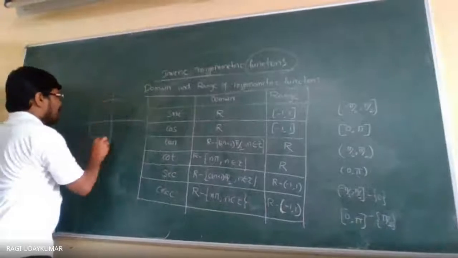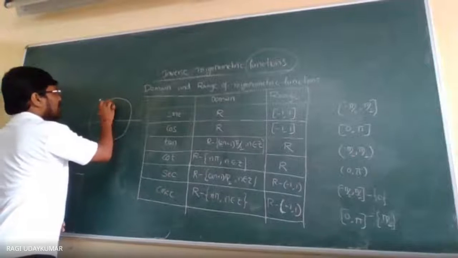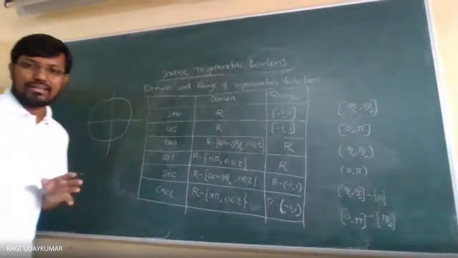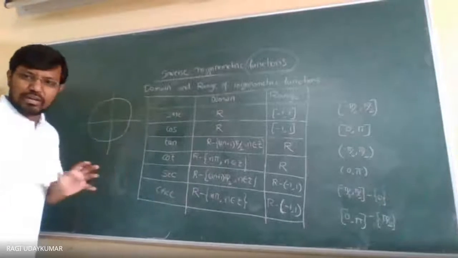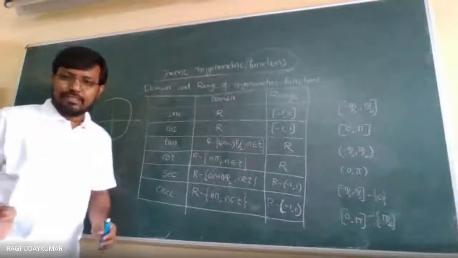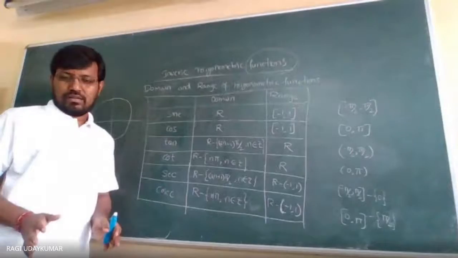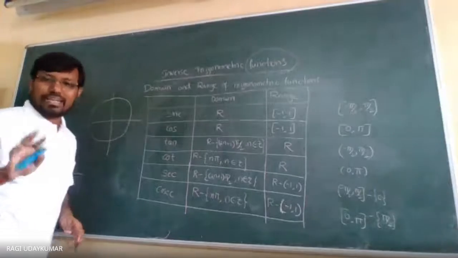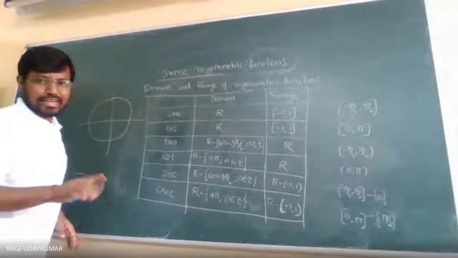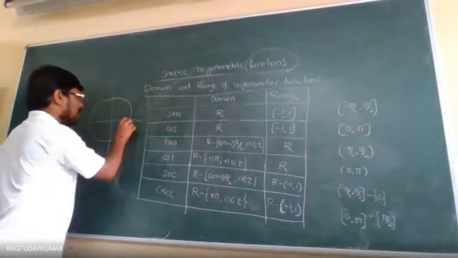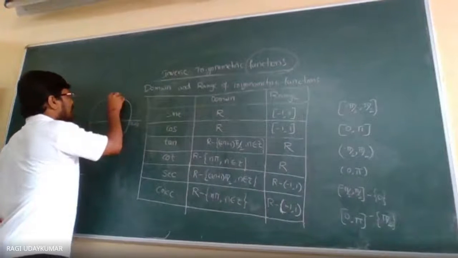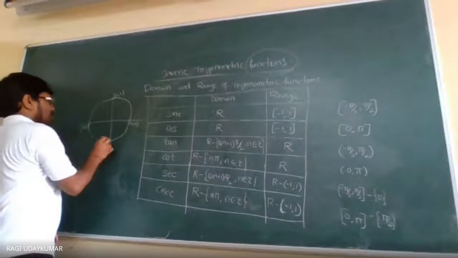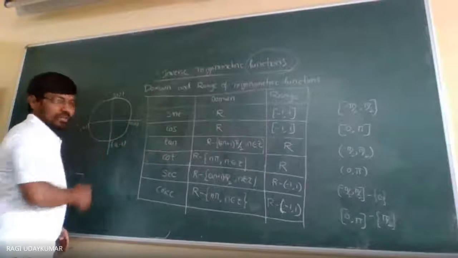If you have this coordinate circular system in your mind, all the trigonometric functions can be done in the easiest way. Simply, let us consider this a unit circle. A unit circle is nothing but a circle with radius 1. So here the value is (1, 0), here the value is (0, 1), here the value is (-1, 0), and here the value is (0, -1).